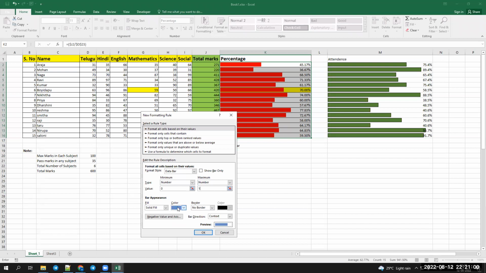Now, what type of color do I want to choose? Here I didn't understand why we write 1 in maximum. Okay, I'll tell you. For example,